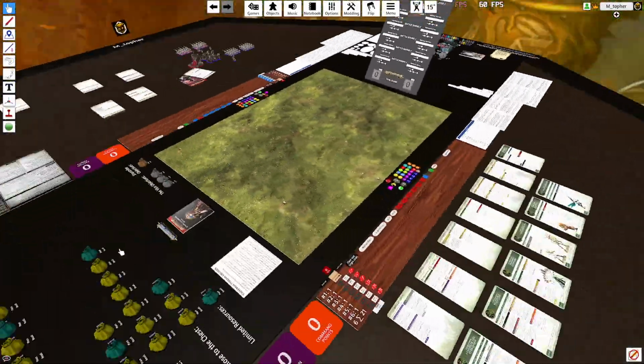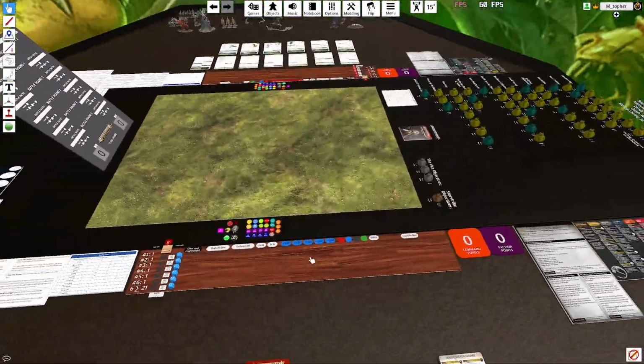Now, as far as actually looking at the game board,